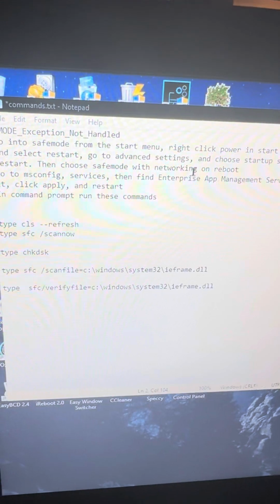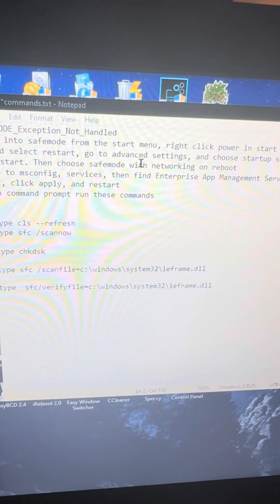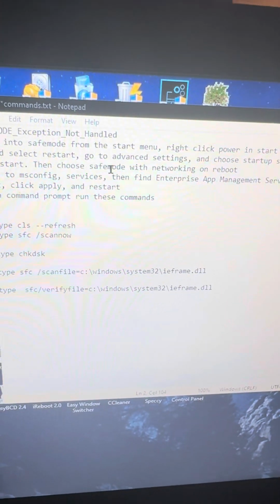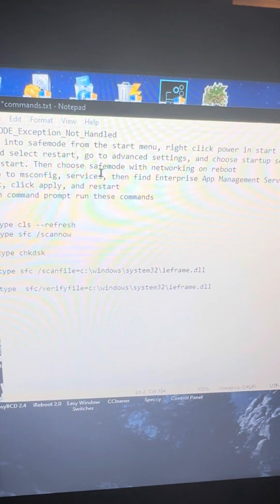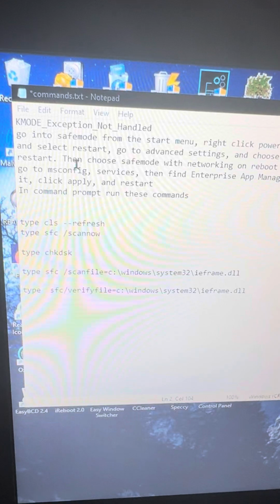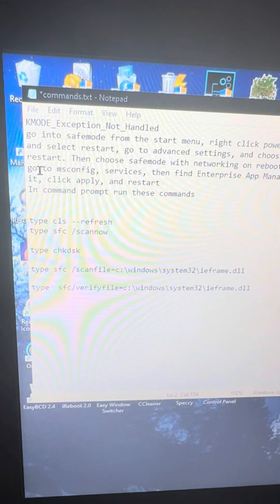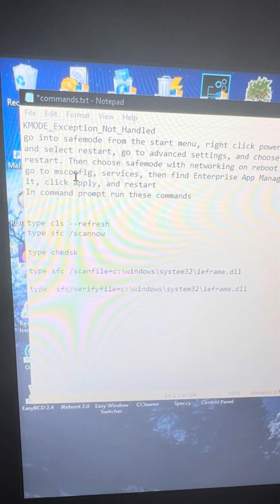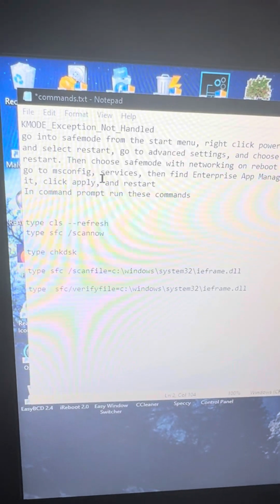So basic safe mode is option number 4, and safe mode with networking is number 5. So you're going to choose safe mode with networking. Then you're going to start Windows up. You're going to log in, put your credentials in, and then you're going to go to